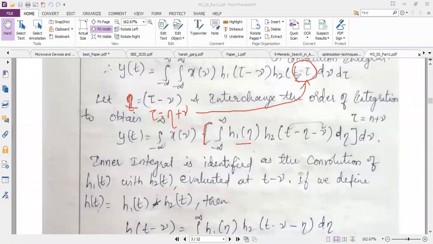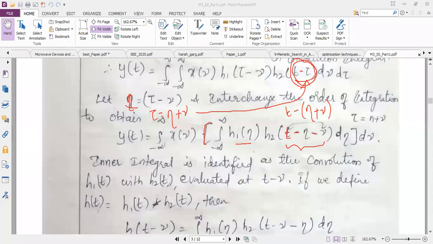One such simplification is the substitution method. So here, in place of tau, I am going to replace it with eta plus mu. If I replace it, I will get t minus of eta, then minus of mu. Originally it is e to the minus of, and in place of tau you will substitute eta plus mu. Once you remove the bracket, you will be getting t minus eta minus mu.